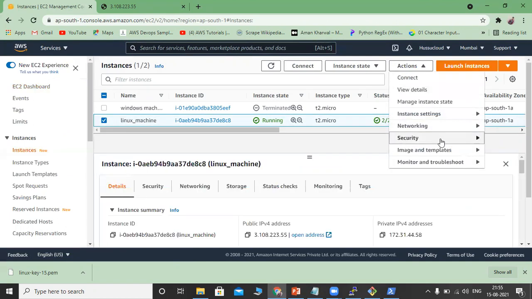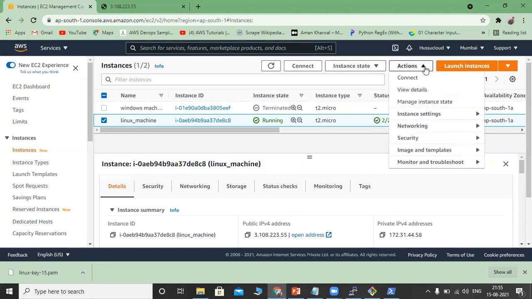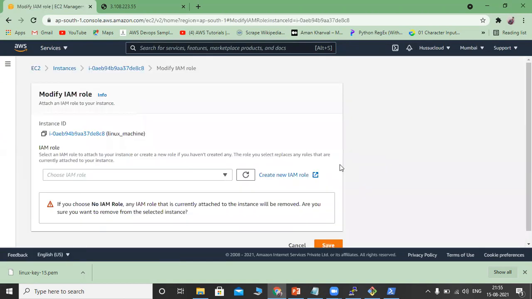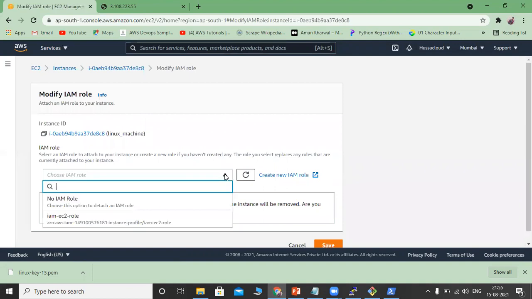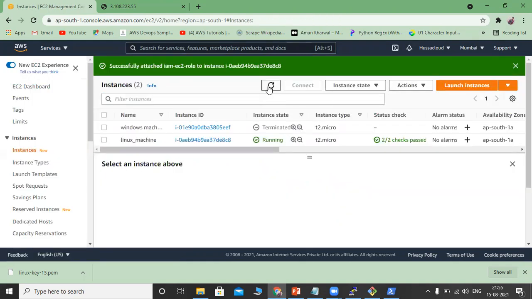Actions, Security, Modify IAM role. Select the machine to which you want to attach the IAM role, the Linux machine. I have selected that one. Go to Actions and then under Security, go to Modify IAM role. What is the IAM role I want to attach? I want to attach the IAM EC2 role. Save, that's it. The role is attached.